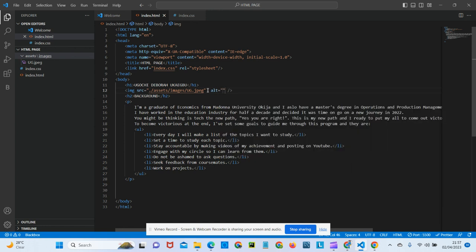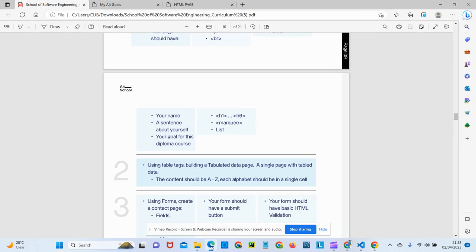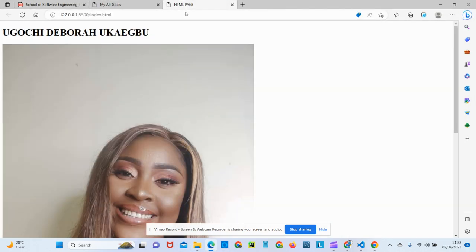And then I can also put an alt, so that just in case, this is to let whoever is looking at the web know, okay, if the picture doesn't get displayed, maybe as a result of network issues or whatever. So I can just say image of the author. So that's what, image of the author. So let's see what it looks like here. Let me see what it looks like. Okay,